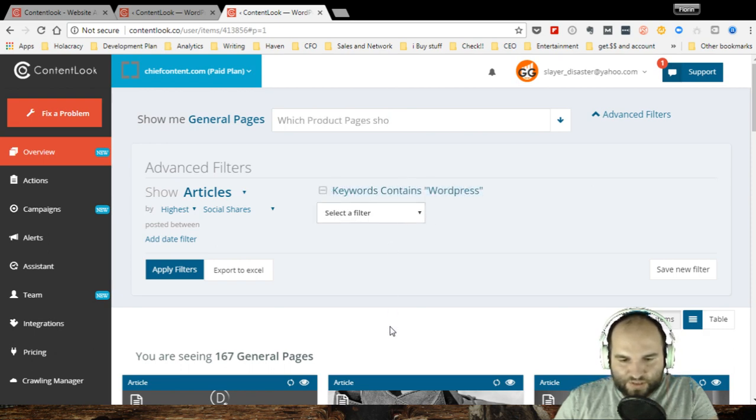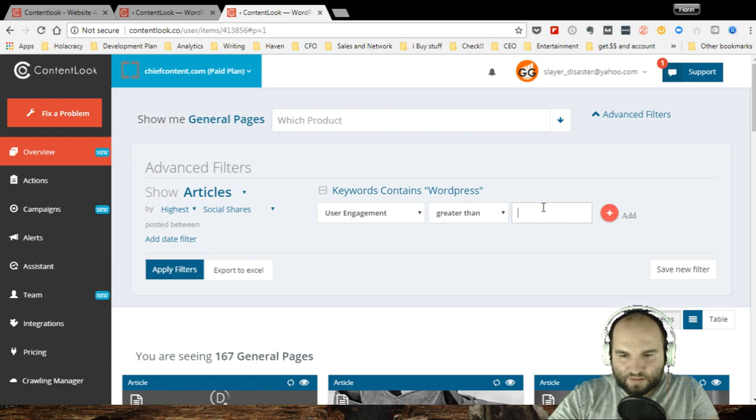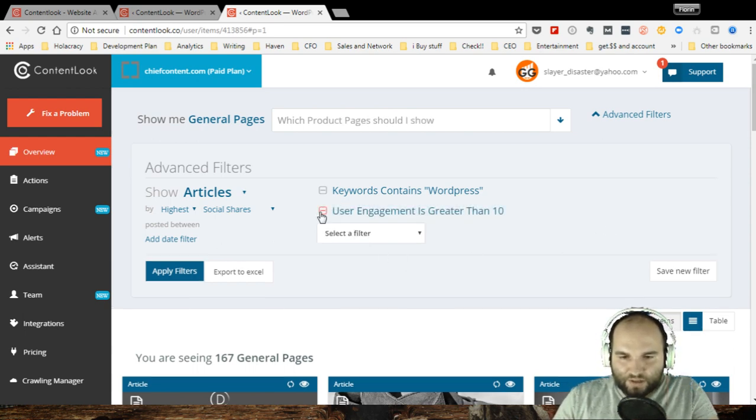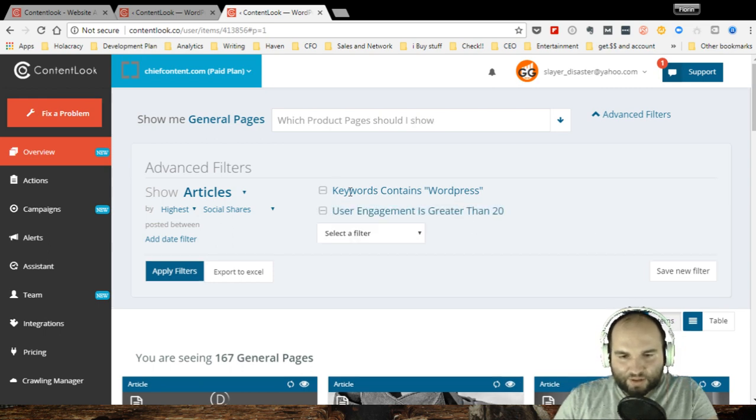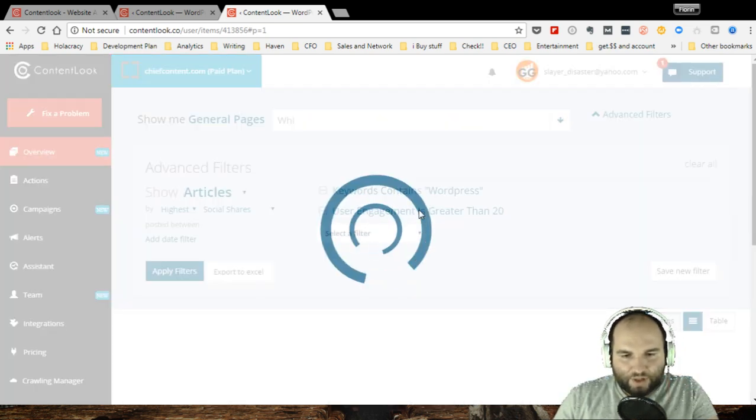And I also want to see user engagement that's greater than 10, because anything below is obviously very bad and I don't care about it. Or I can just play around and say user engagement greater than 20. I'm adding this. Now I have 2 conditions here. If I apply these filters,